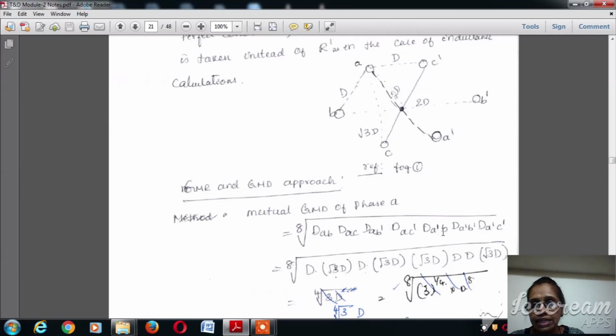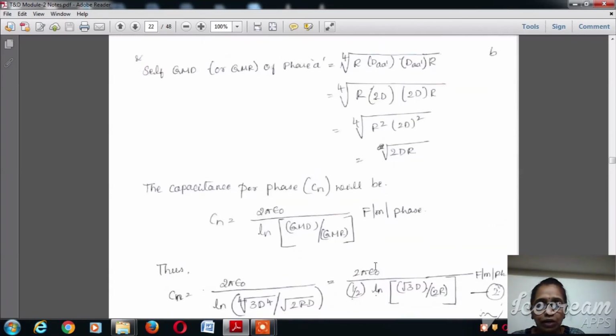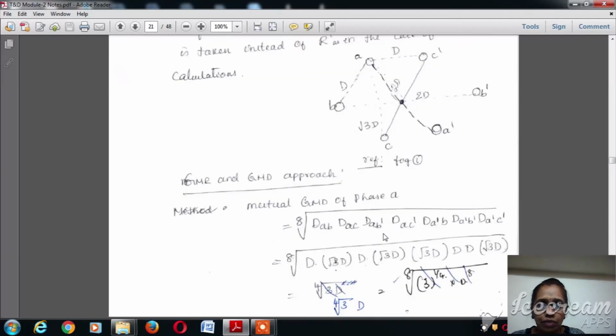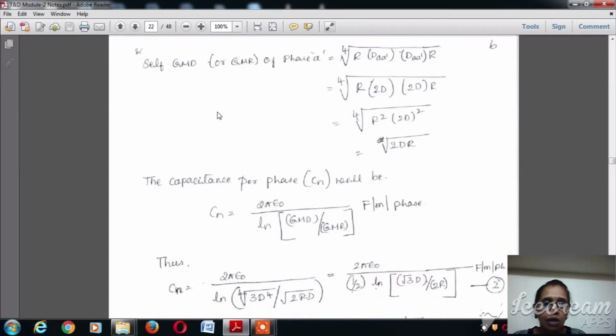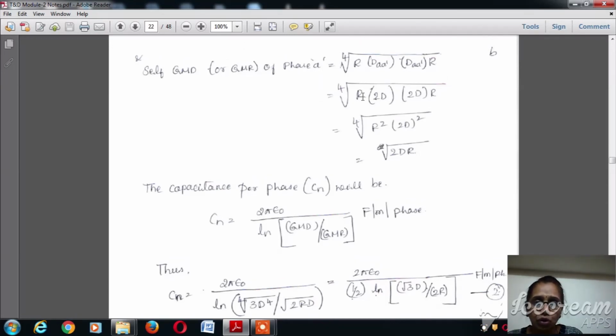So DA dash B, and then DA dash B dash, which is equal to d. So d into root 3d. So d four times and root 3d four times, and we reduce the expression to the 4th root of 3 into d. Now the self GMD or GMR of phase A is equal to the 4th root of r into